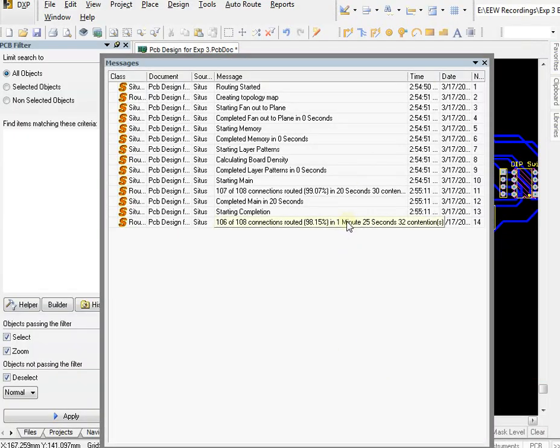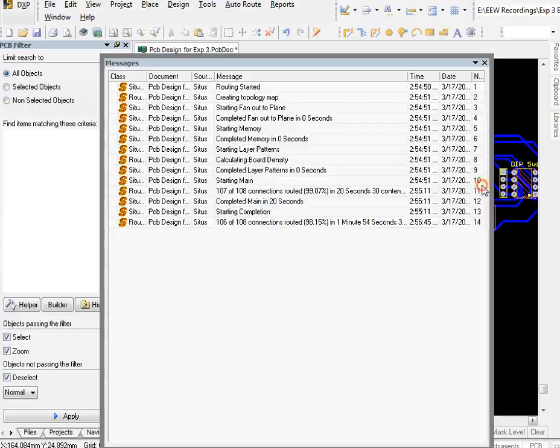So you can see now it's taking a lot amount of time. There are still 32 contentions. So I hope it does not get stuck, because sometimes when you have a lot of contentions and all that stuff, it's still taking 1 minute 37 seconds, and with 29 contentions it's going to take a lot of time if you even allow it. So let's see how much time it takes, and